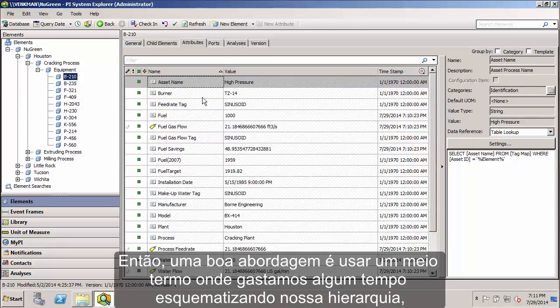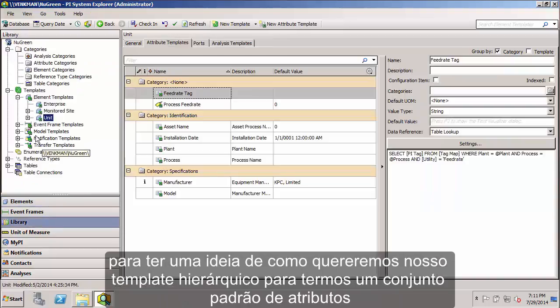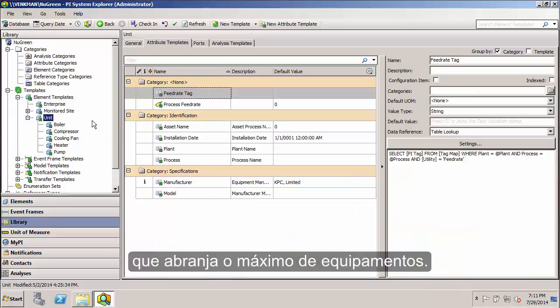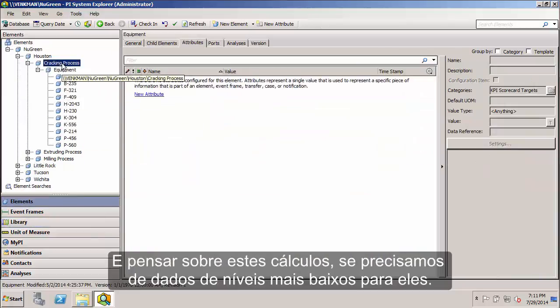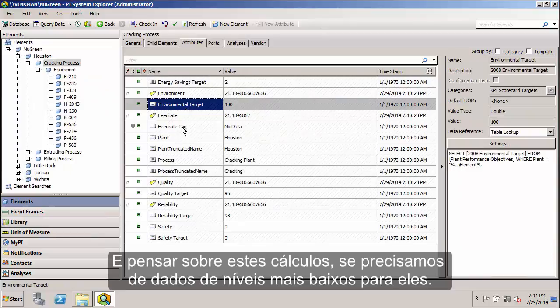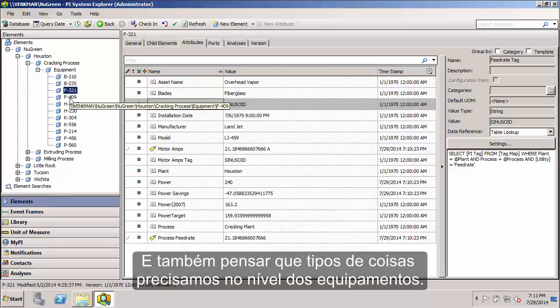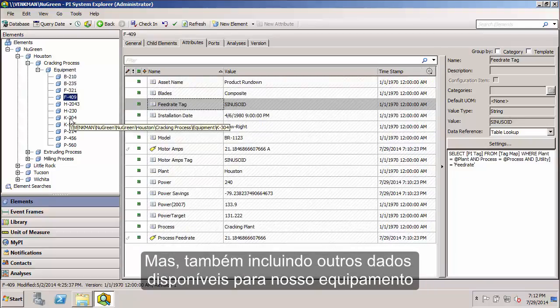So a good approach is usually a middle ground where we spend some time sketching out this hierarchy, getting an idea of how we might want to do some template inheritance so that we have a set of attributes across as many pieces of equipment as possible, and thinking about some of these calculations and if there's any data that we would need from lower levels to feed into those, what types of things we need at the equipment level,